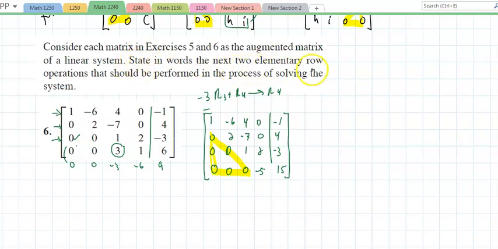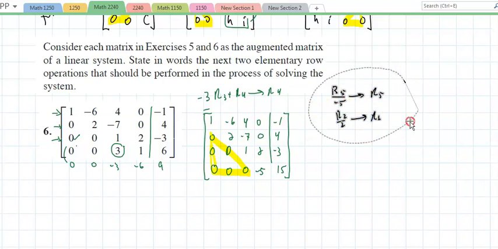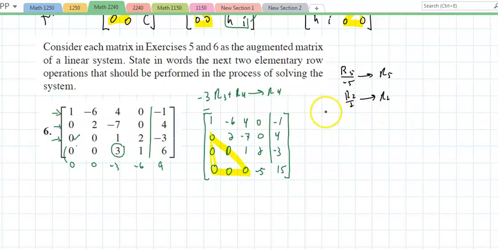The two elementary operations. Okay. Now, if I am to take row 5 divided by -5, put that back in row 5, and I could take row 2 divided by 2, put the result in row 2. And what does that do? That will give me